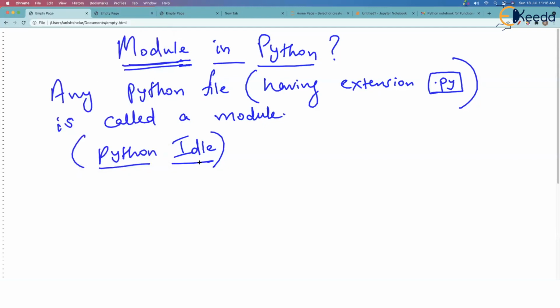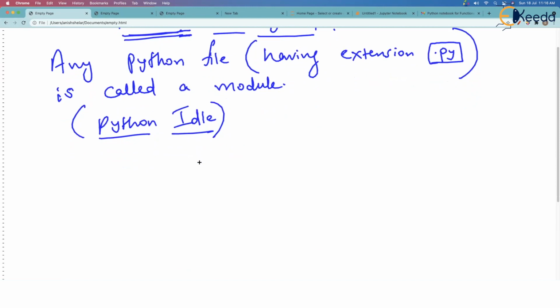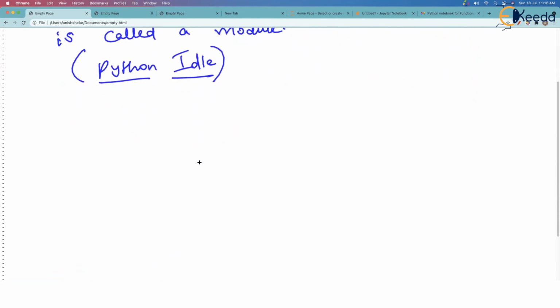Now, I will go to Python IDLE later in today's lecture, but let's see an example straight away. Example speaks enough, isn't it? Suppose I have created a Python file called calculate.py. Check the extension. This is the file I have created, and you know this is a module now because it has extension .py.